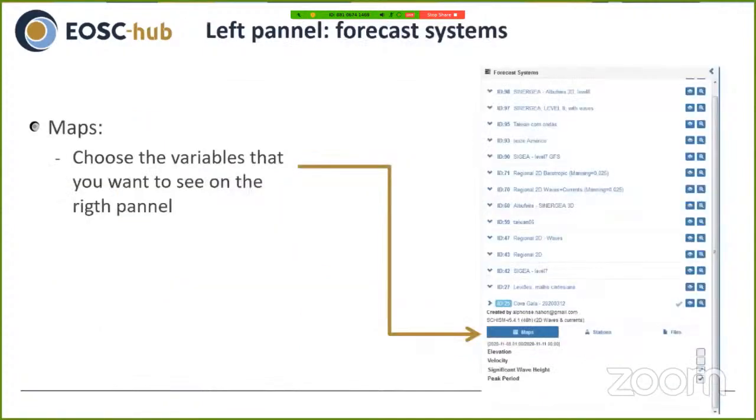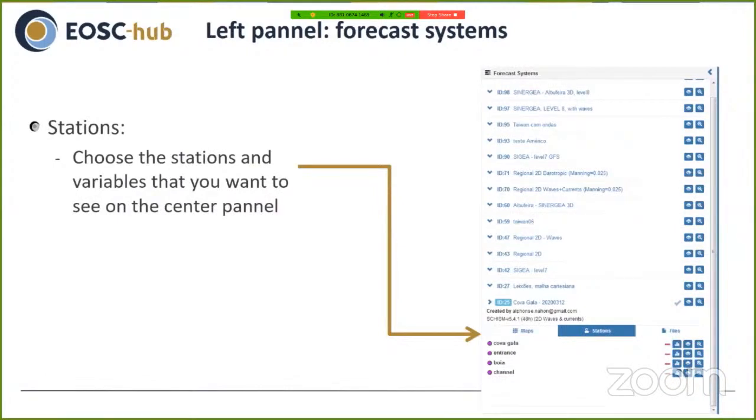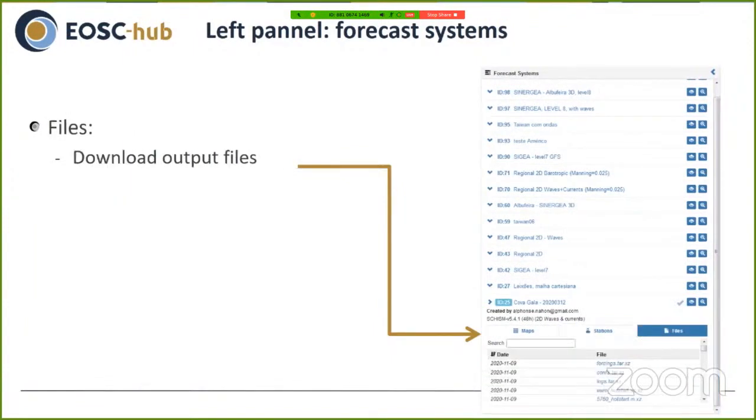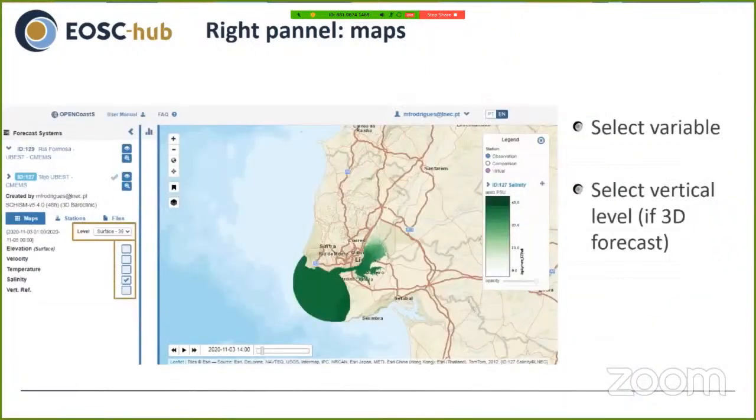So, let's start with the left panel. The user can choose the variables that they want to see in the maps, can also choose the stations and the variables that they want to see in the center panel, and can download the output files. The maps are displayed in the right panel, as you can see here.